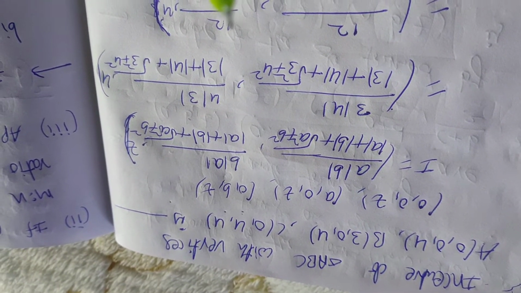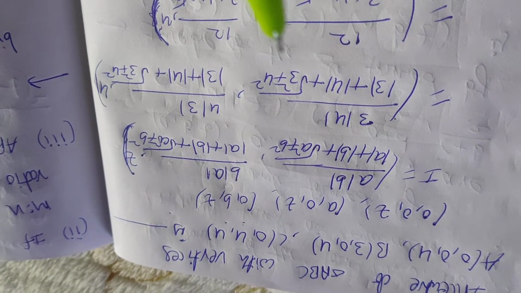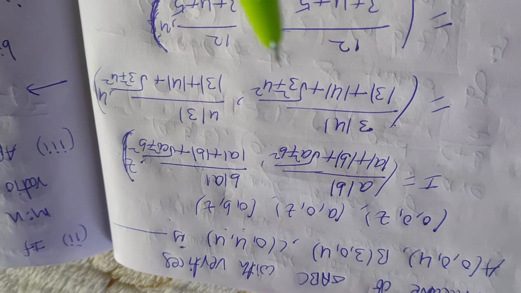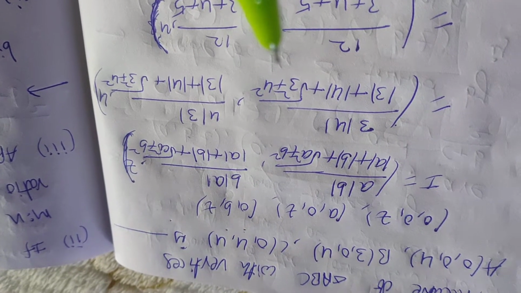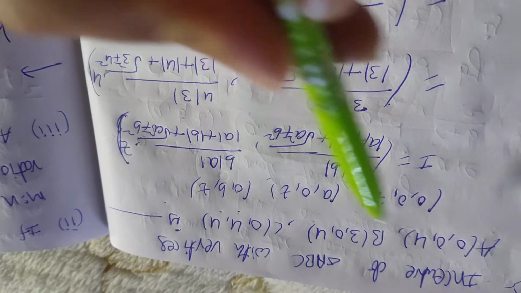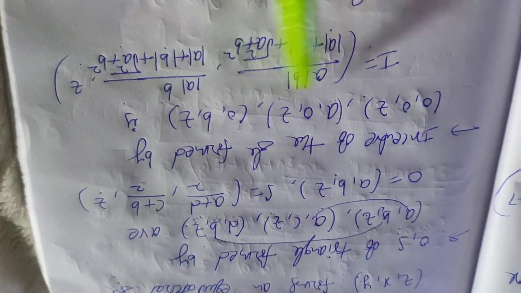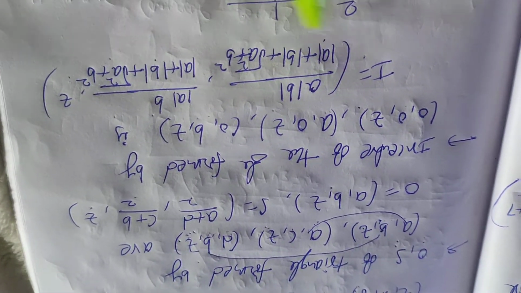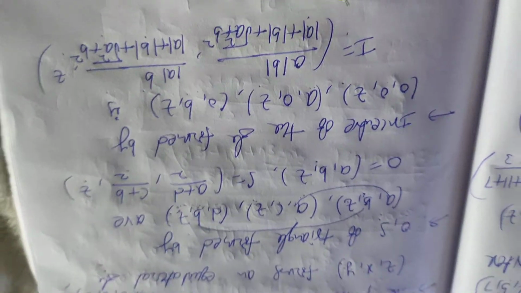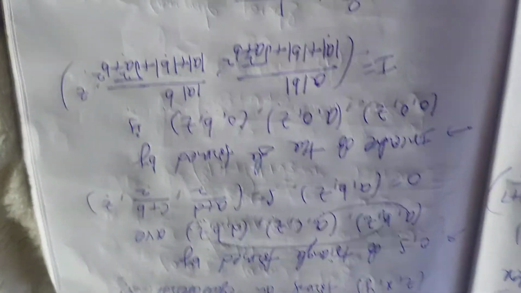That is nothing but (small a into capital A plus small b into capital B plus small c into capital C) by (a + b + c); I gave that formula. If you use that formula for these vertices, you get this formula. Once you try it, you get this formula. Okay, so this is a shortcut; directly we can do it using this one. So just remember this formula for objective exams.